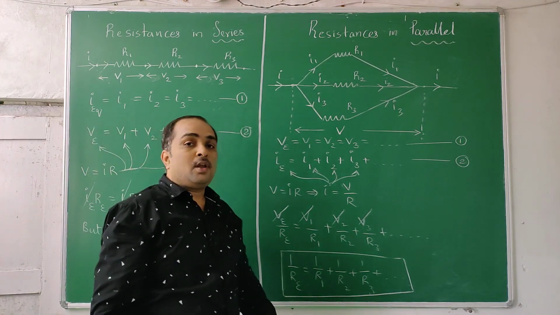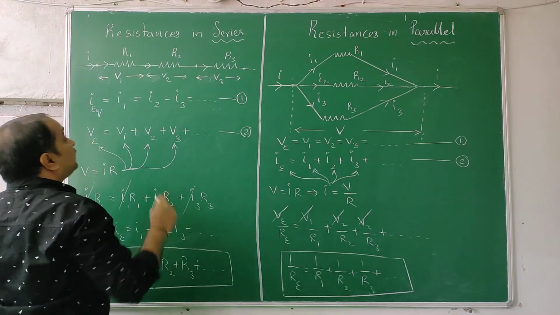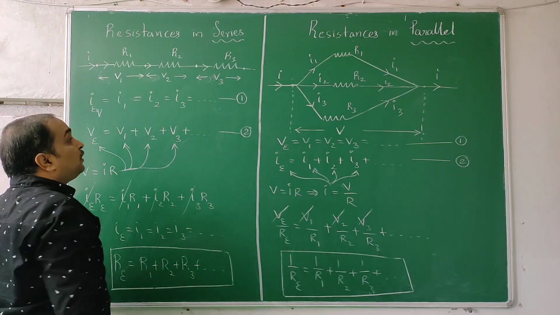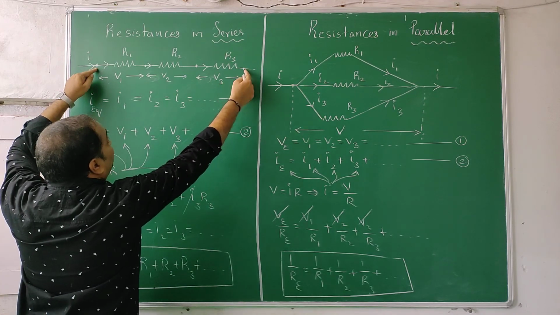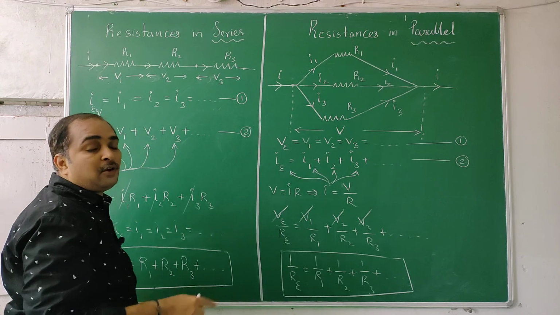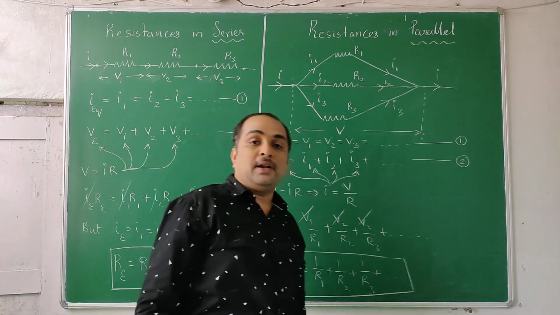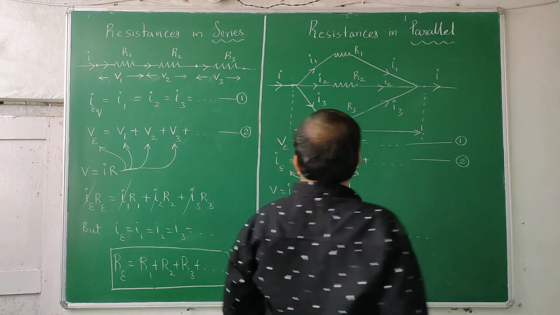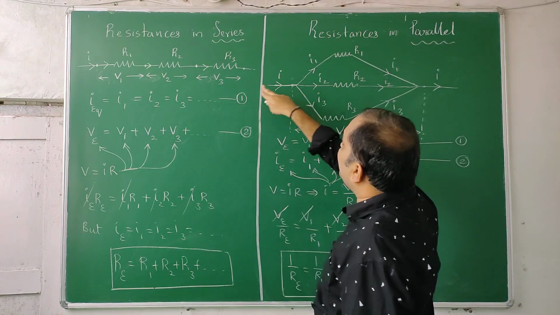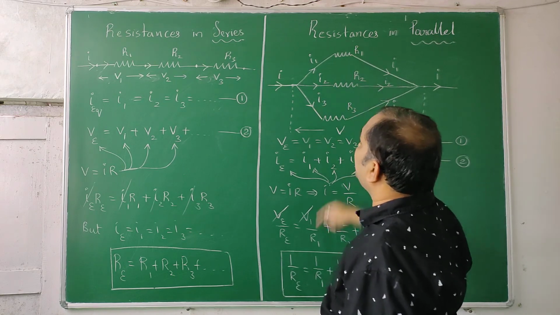So, suppose I take all these things as a single unit. Then individually V1 is equal to I1 R1 will not be used. So you have to take all of them total. We call it V equivalent, the total current coming is called I equivalent, and the resistance you have totally found out is called R equivalent. Similarly here also, all currents when you add them you will get I equivalent. All potential differences together is called V equivalent. All resistance together is called R equivalent.